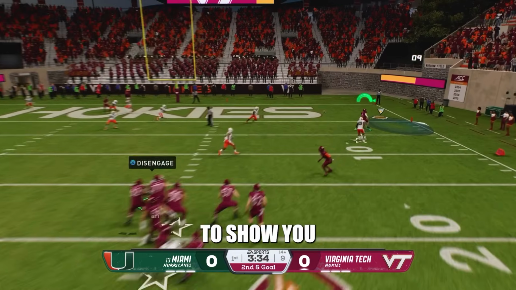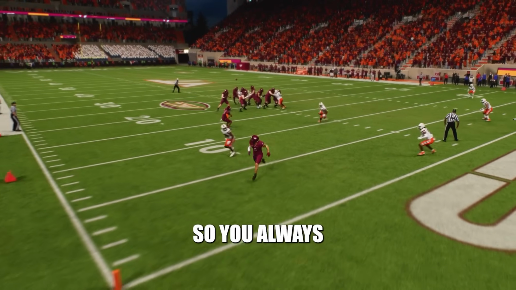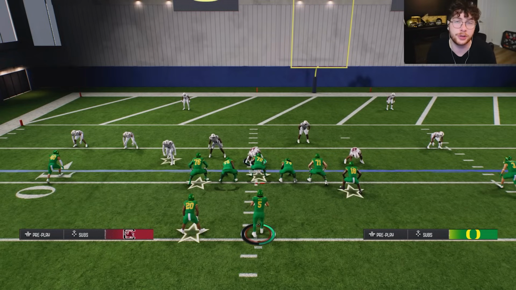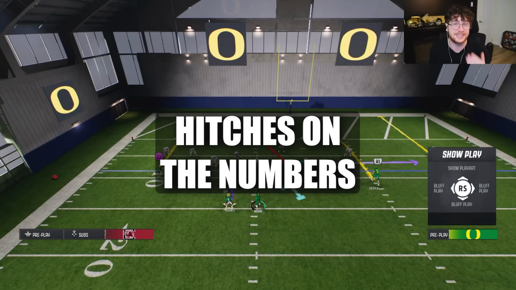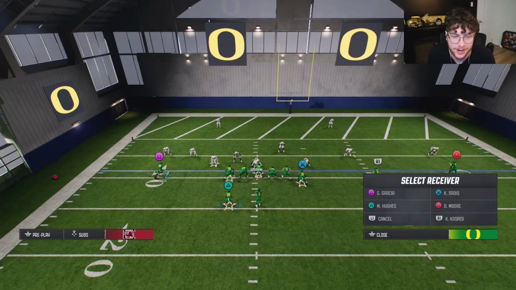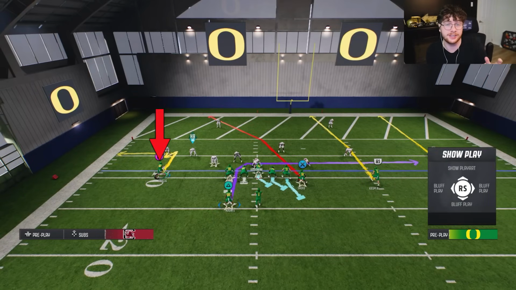Some people say it's a game of 3s and 7s, and that's where our final tip is red zone passing. So I'm gonna show you the 2 best concepts so you always get 7s. The first concept I'm gonna show you is called hitches on the numbers because that's exactly what it is. We're going to be putting a hitch route on a receiver on the short side of the field that is